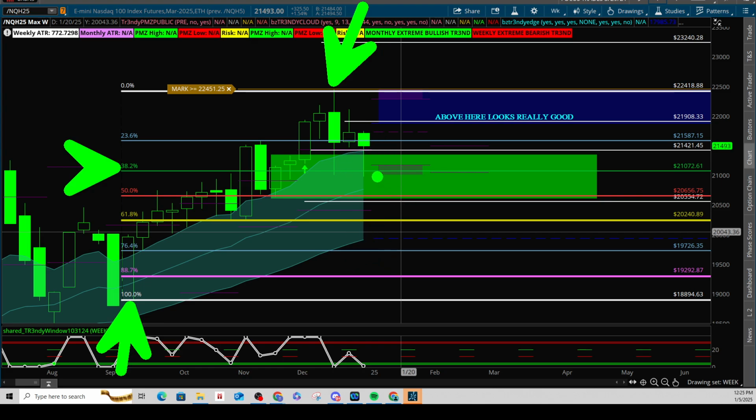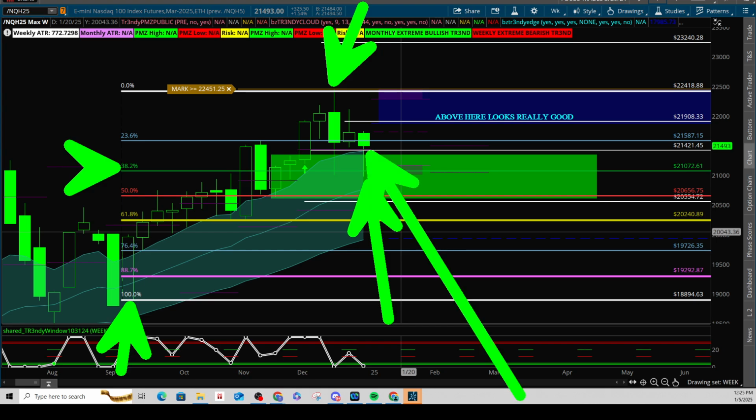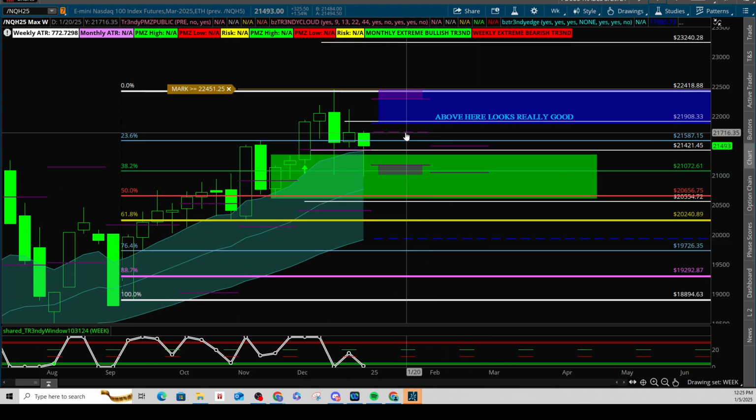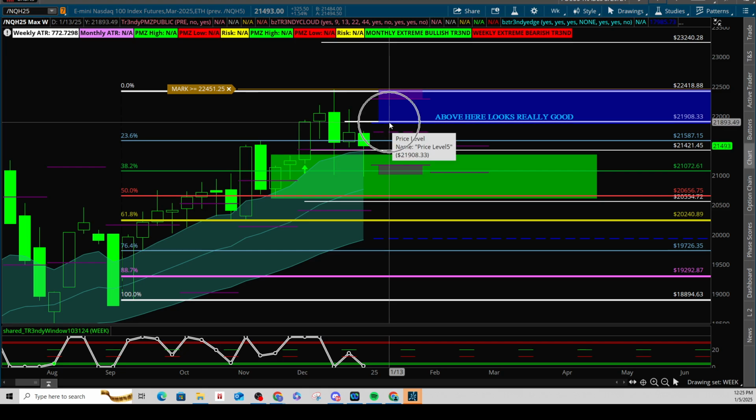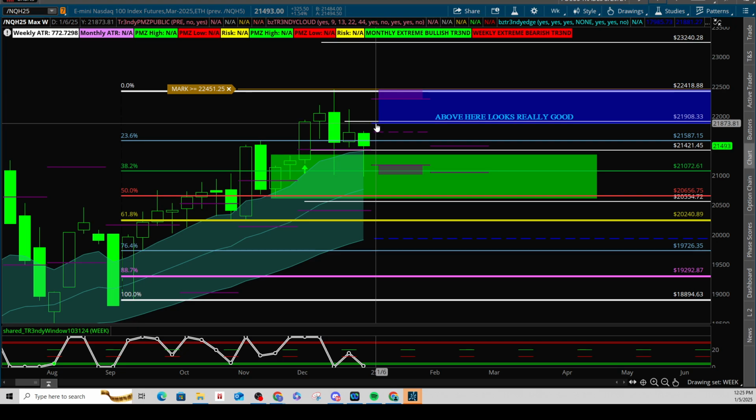On the bull note here, we held the demand zone. We are now still above the cloud here. So all of these are bullish reasons to stay bullish in the Nasdaq. Again, neutral because of the other things I've talked about. Just like the ES futures, notice this blue line here, which is really important. This is your trendy edge. It will look a lot better if we can get above there. This is resistance until proven otherwise. All right, let's go ahead and move on.